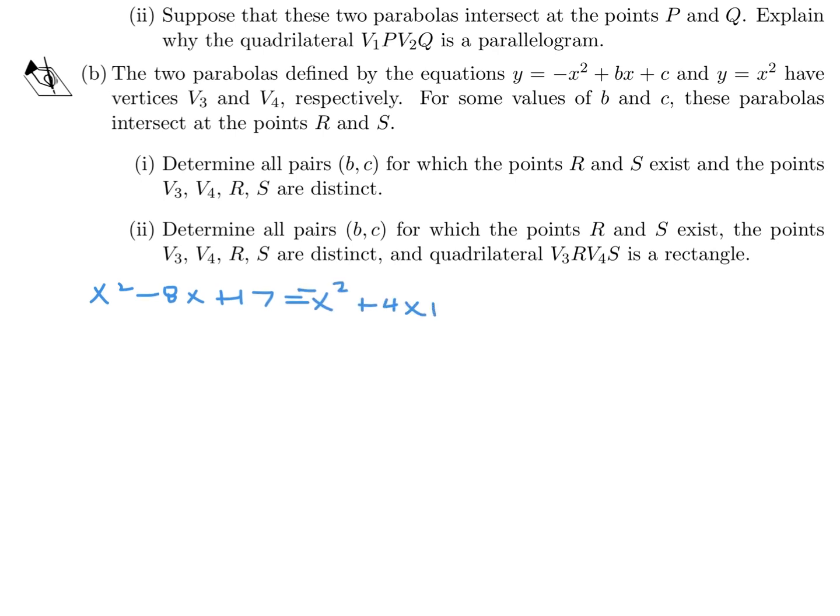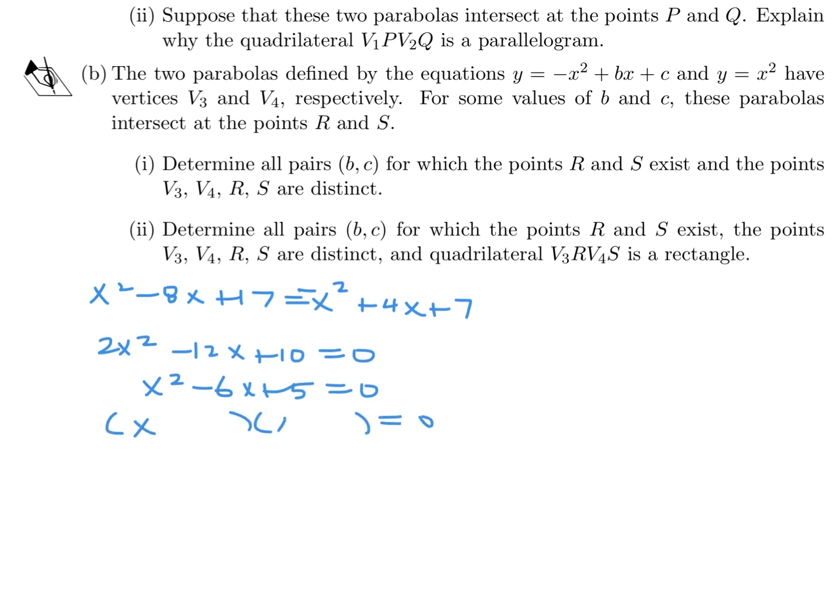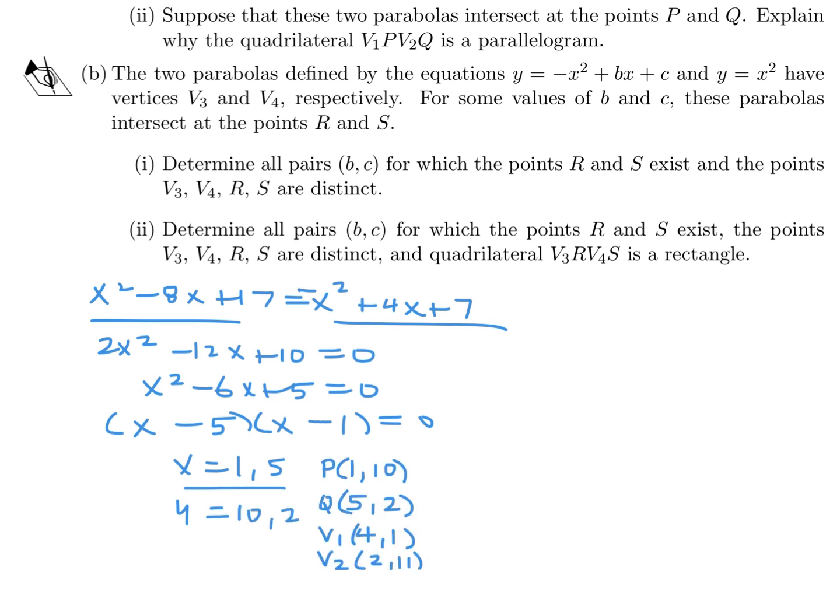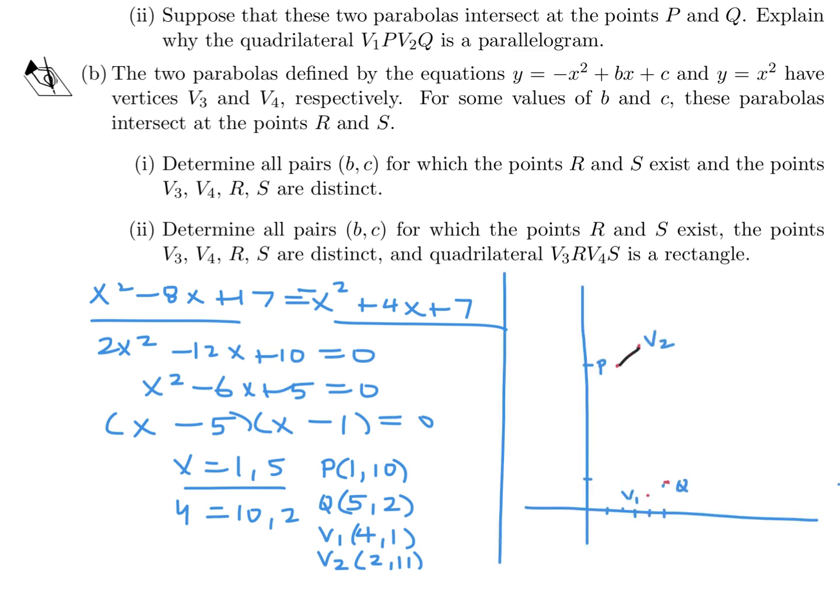Plus 4x and plus 7. So let's put everything on one side. 2x squared minus 12x plus 10 is 0. Divide through by 2, we get x squared minus 6x plus 5 is 0. And this factors very nicely: x minus 5, x minus 1. So x is either 1 or 5. And we can substitute these values back into any of these to get the y coordinates. So when you do, you get 10 and 2, I believe. So we take those 4 points and we plot them, and we get approximately what